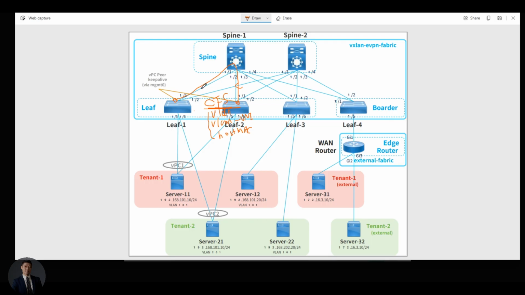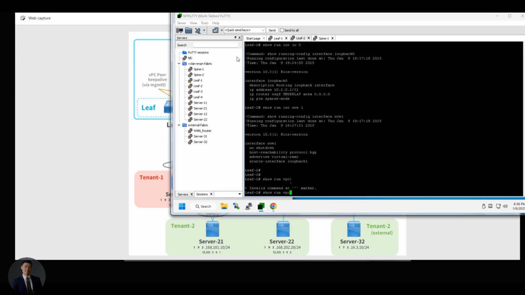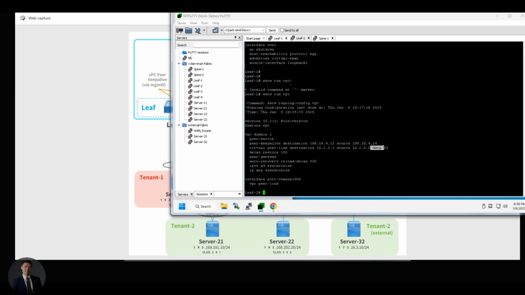You will ask, what is the CFS message marked as? If you know QoS, it is marked as DSCP 56. I can show you, show run vPC. You might see it already, right? Here you go. This virtual peer link is marked as DSCP 56,